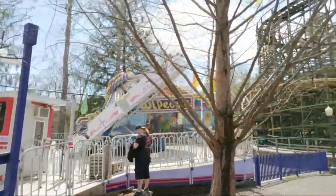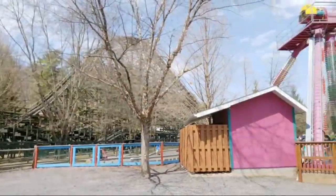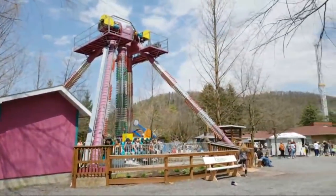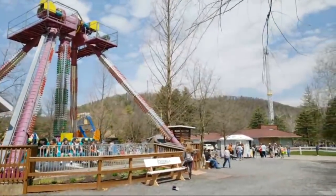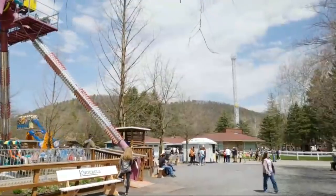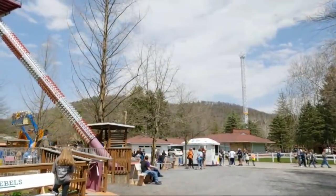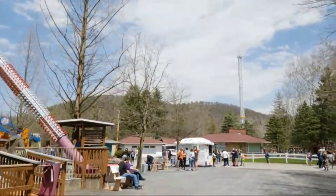I definitely can't say enough good things about this park. I've called it before, it's pretty much the Pennsylvania version of Disney World. It's just unique, one of a kind, and you'll never find another park like this. Not only do they have thrill rides, family rides, but they have a lot of classic rides, like